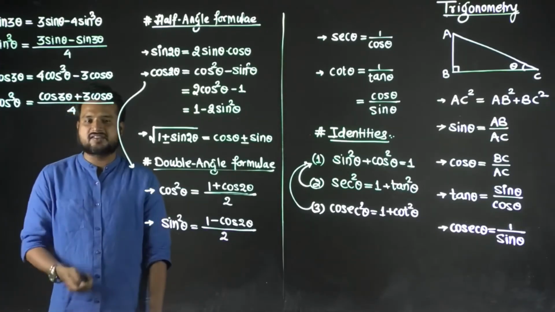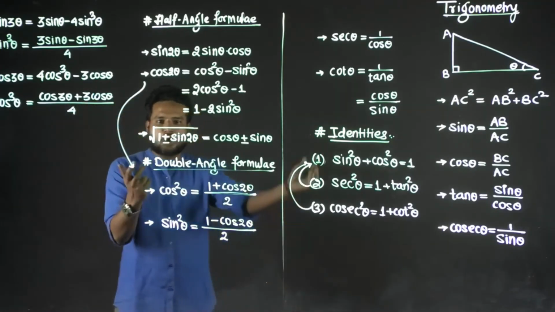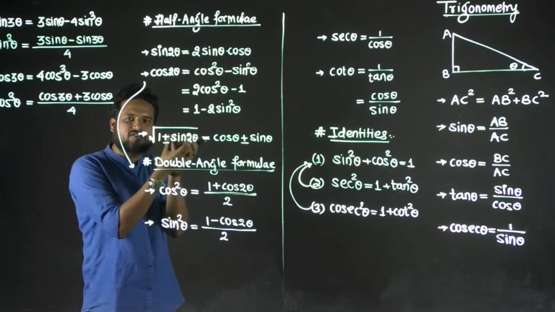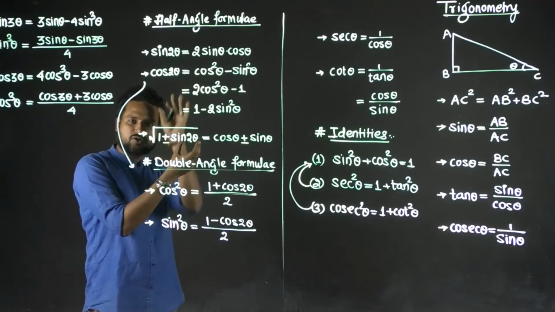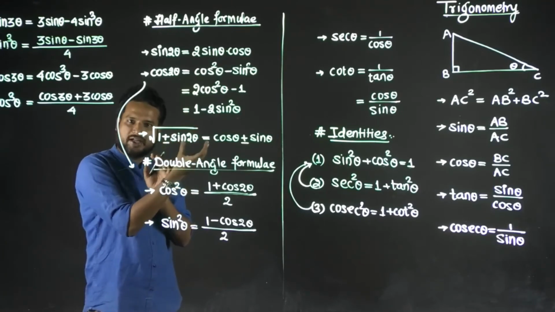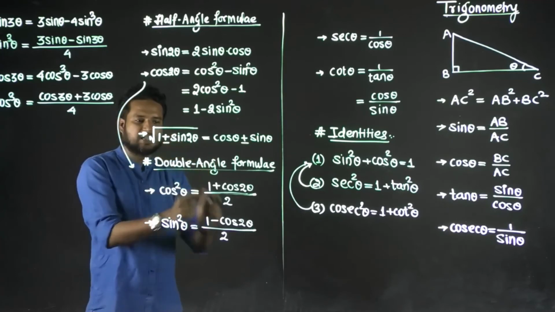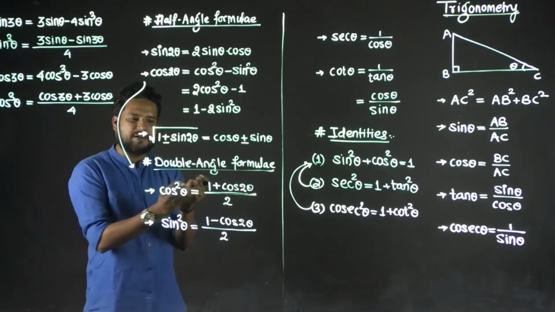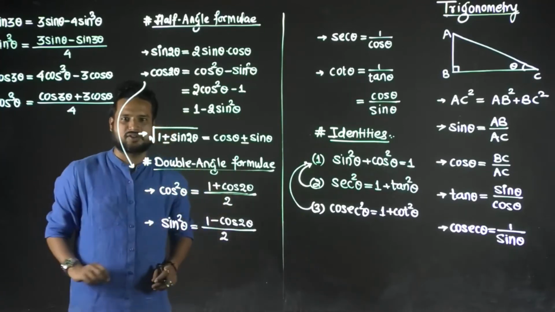If somebody says, what is cos raised to 4? Now you just think, cos raised to 4 can be written as cos square, the whole square. Okay, just forget about the whole square as of now. Cos square you have, you can apply this formula. Then the whole square will do what? It will take square of this. A plus b the whole square you can apply. Again you will come across cos square. You can again use the same formula.